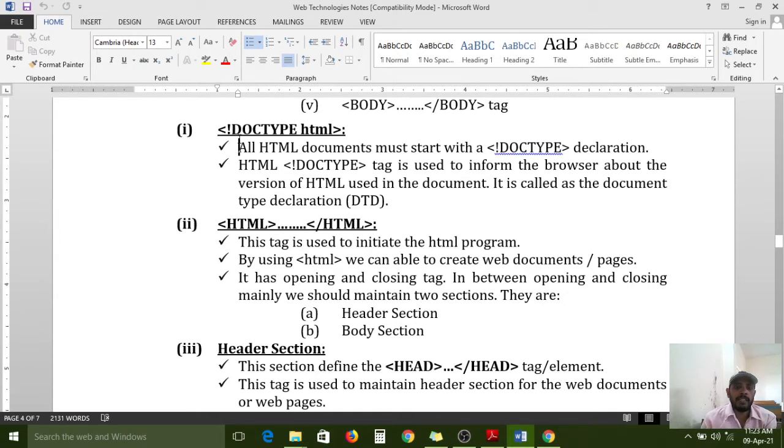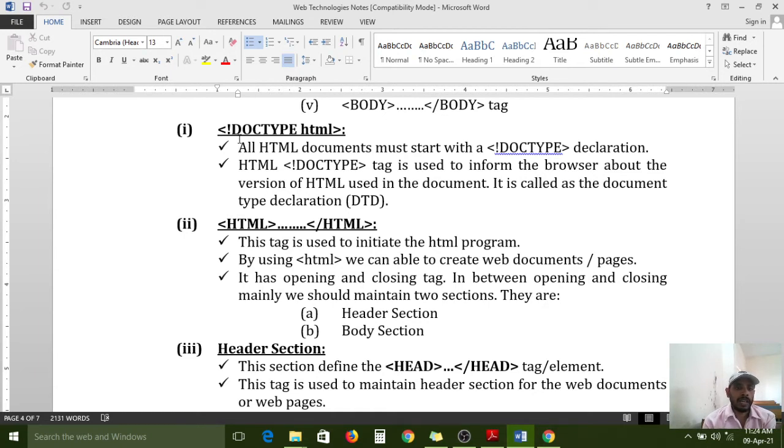Why doctype here? For an HTML program, the doctype indicates the version. All HTML documents must start with a doctype declaration. Without the doctype declaration, if you use HTML4, HTML3, HTML2 syntaxes, it cannot be understood.